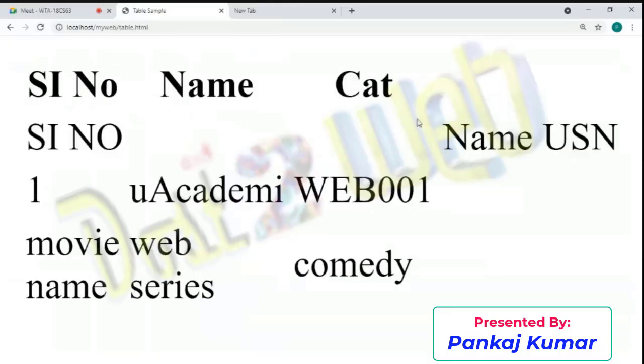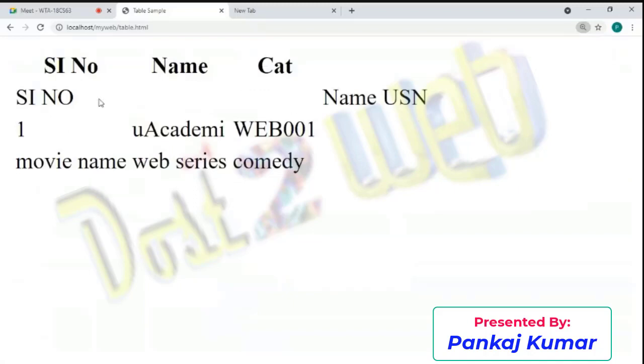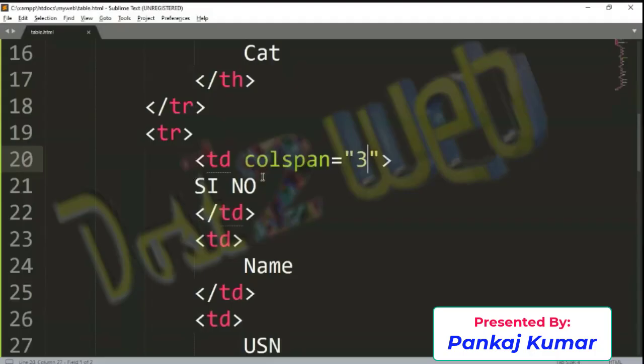Now you can see what happened. Can you see that? This has taken the span, and all the content is shifted to the right side. It's not good because you have to do this again for all the other elements also. This way, column span will work. The same way, if you want row span, you can use row span also. It totally depends on you, what design you are going to make.